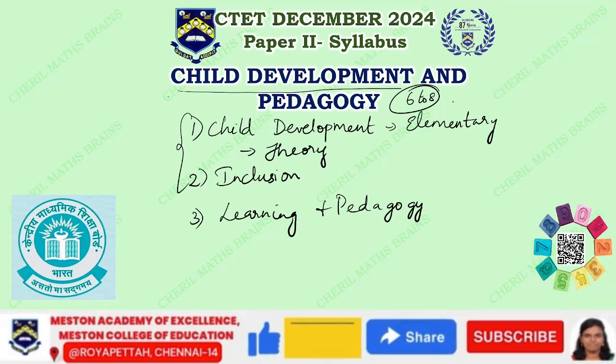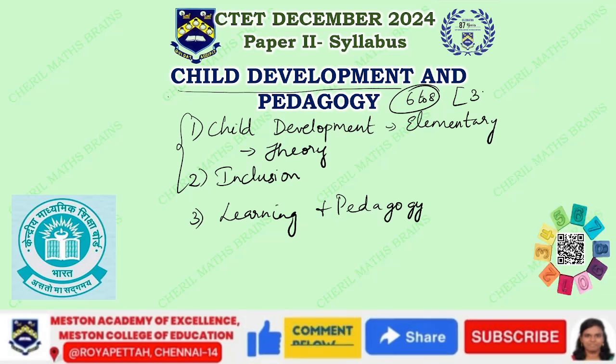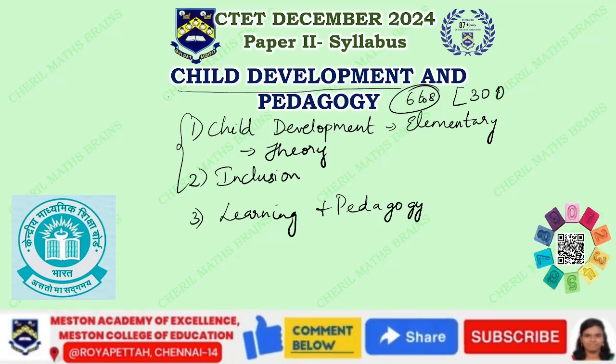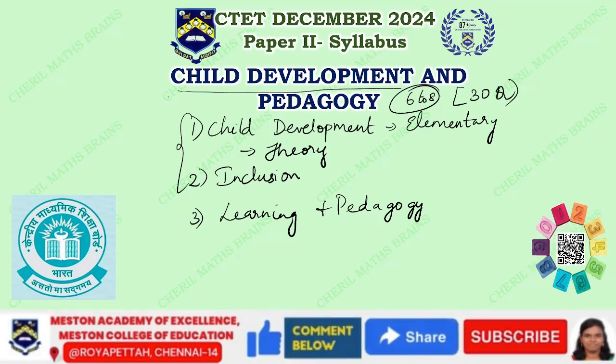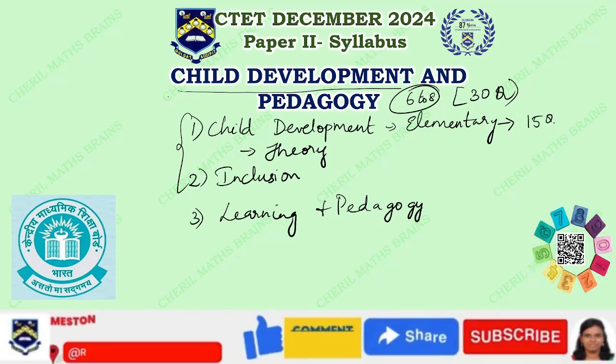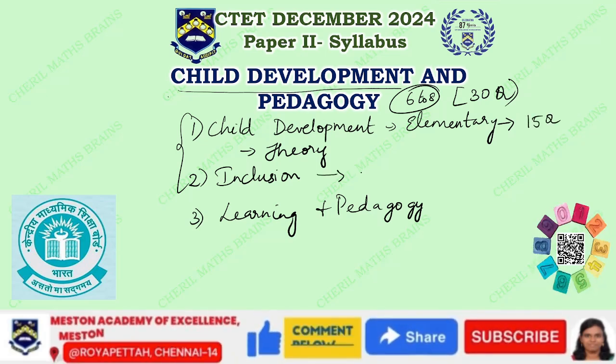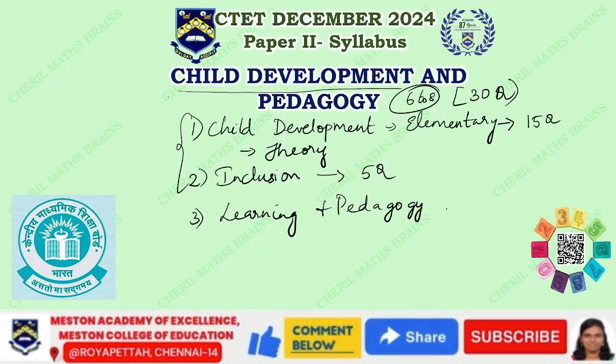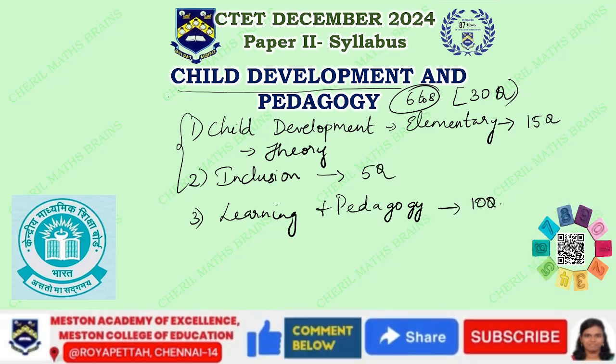When it comes to the number of marks, child development and pedagogy together is for 30 marks. So 30 questions will be asked. Out of these 30 questions, child development, with specific reference to the elementary school, will consist of 15 questions, the inclusive concept consists of 5 questions, and learning and pedagogy will consist of 10 questions, so